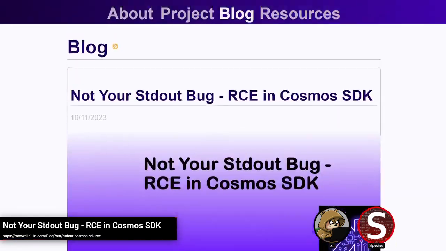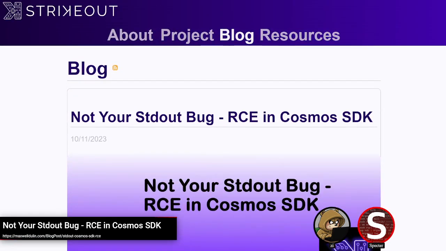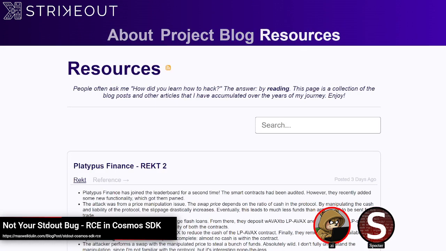Yeah, it's nice to occasionally get the blockchain issue that doesn't take an hour and a half of reading through it to try to understand it. It's nice to get these more accessible ones. And yeah, sure, it's got some log4j type vibes to it. I'm sure a lot of those blockchain bugs that take a while to understand are also just needing to get all the background, because I haven't done a lot of it. Oh, for sure. But that's what I mean. Like this one, you don't need a ton of that background because it's more of a higher level issue. And while we're talking about it though, I will mention that Maxwell Dillon here, he also has this resources